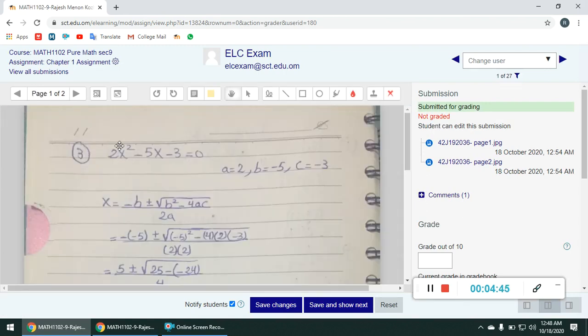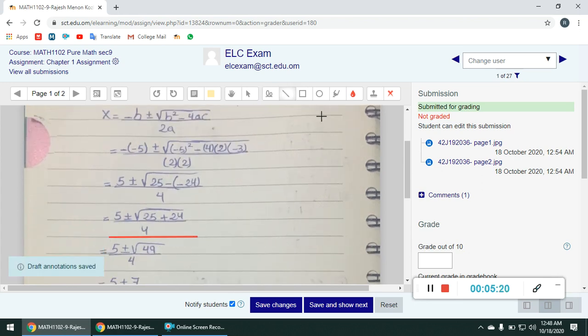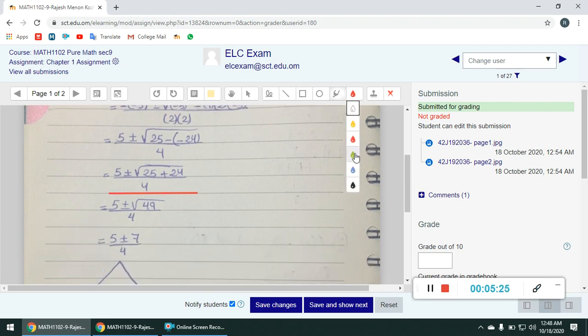So those JPG files will be converted to PDF already and it will be displayed here. So now the teacher can use these tools to correct. So this teacher wishes to add a comment here. Values are correct. Then he can highlight by using these tools. The teacher wants to draw a line, okay, then the square, the circle, and this is the highlighter. You can choose the color.